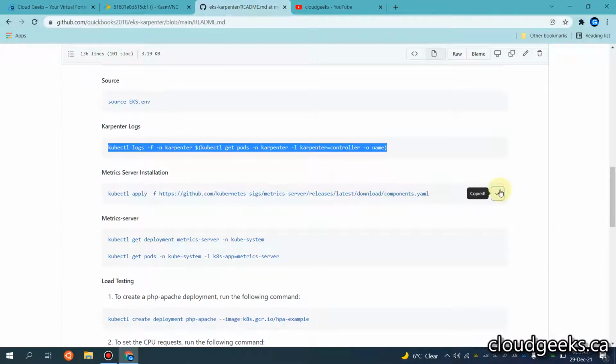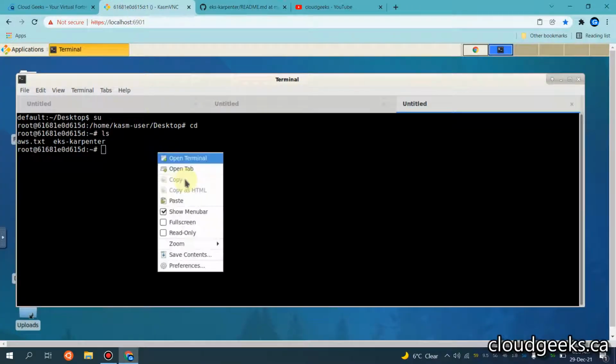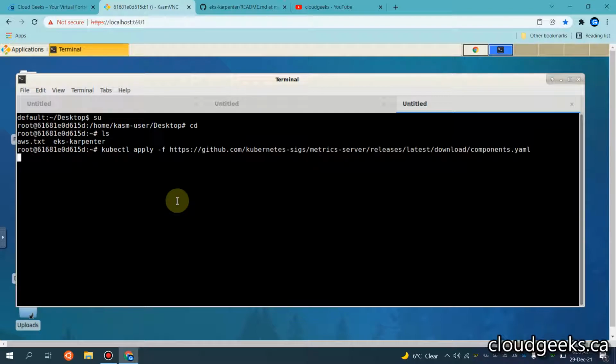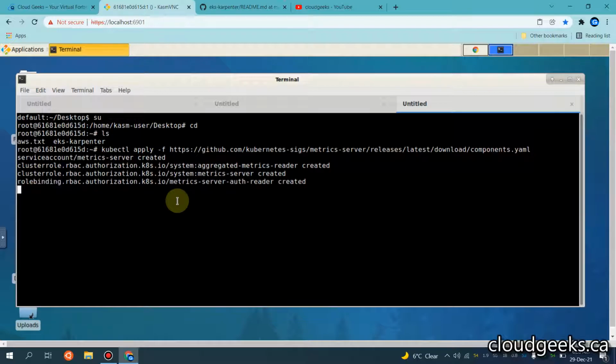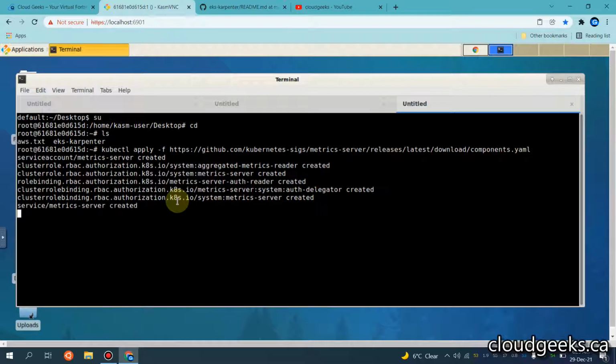Simply what you have to do is copy this command with regard to the deployment of metric server and simply paste it in the terminal. So this is the official one from AWS EKS. What it does, it will create the service account, role-based access control, all the stuff with regard to the metric server it needs. It will set up for you guys.